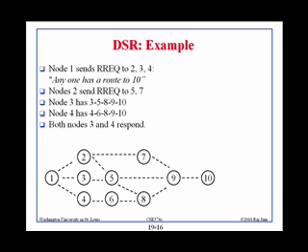3 already has a route. It knows that it can reach 10 by 3, 5, 8, 9, and 10. It knows that part. So then it tells 1 right away that if you send it to me, I will send it this way. And then 4 has a path that says 4, 6, 8, 9, and 10. So that also responds. You get 2 routes: 1, 3, 5, 8, 9, 10, or 1, 4, 6, 8, 9, 10, and then one can select one of the 2, and it's done.